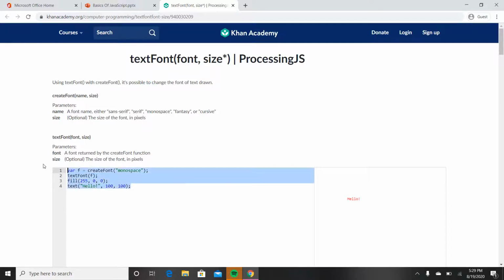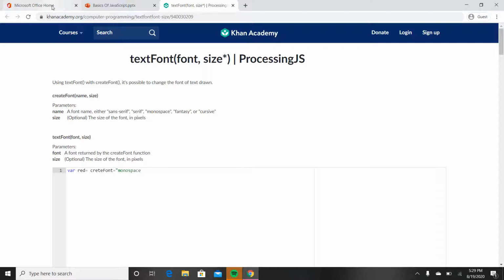So you have to do var anything you want. Var red equals create font. Then you have to have equals mono